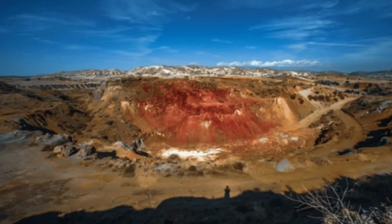B. Economic importance. Metal supply: volcanogenic massive sulfide deposits are major sources of copper, zinc, lead, gold, and silver, crucial for various industrial applications. Exploration: they are targets for mineral exploration due to their rich metal content and relatively predictable